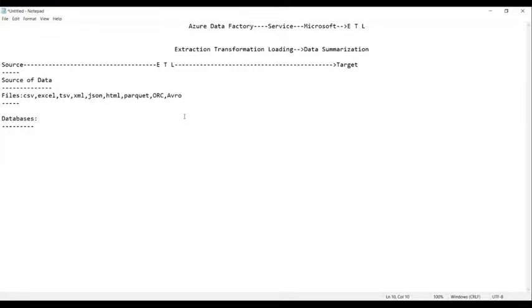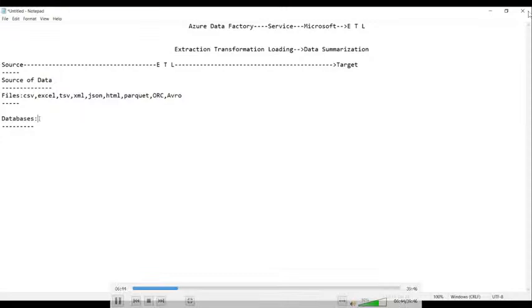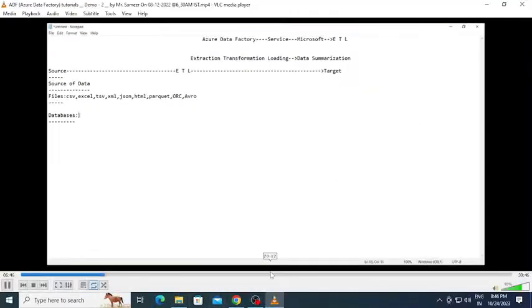But whenever you have a very massive amount of data, a very large amount of data, Excel or CSV files do not support it. Hence, we store the data in a database. And the second reason is that whenever you want to store data